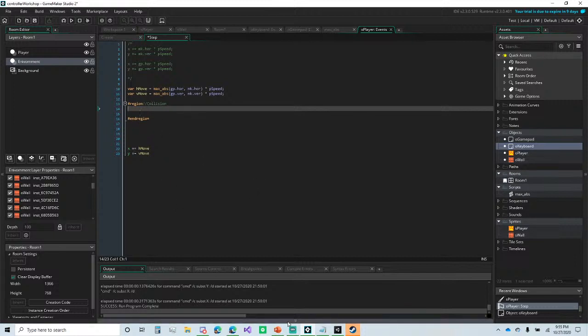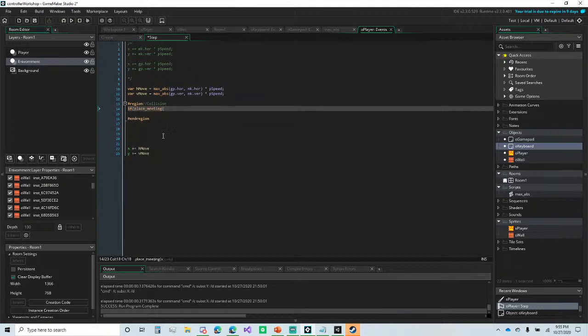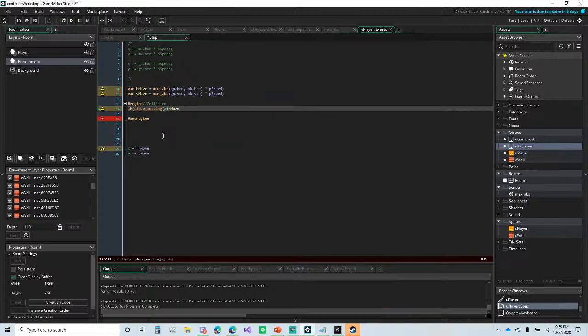All right. So collision detection in Game Maker Studio. Let's go ahead and say if place_meeting. So if we're checking if two things are colliding with each other, we're going to check if something will meet. So we're going to say x plus hmove, our current y, and the object will be, we're checking if it will meet with the wall